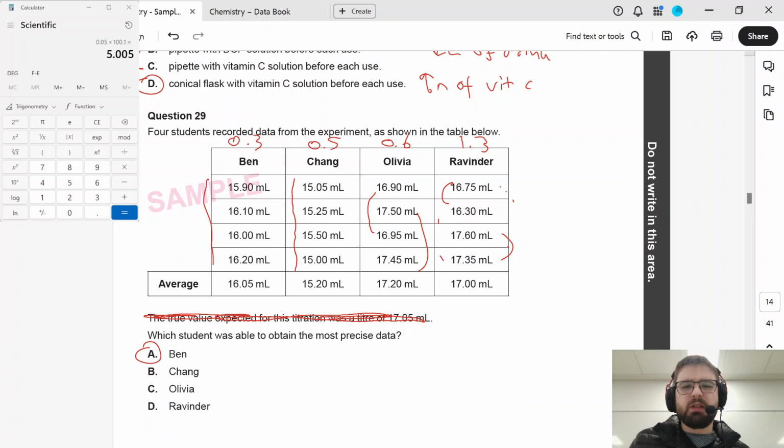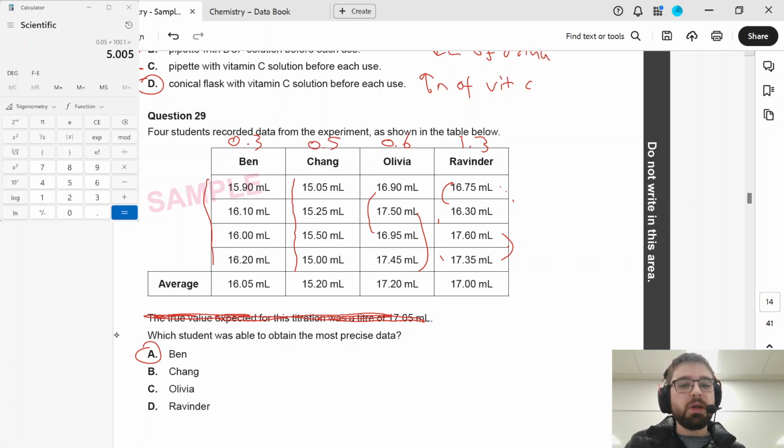Yeah, none of these are great titrations. Again, if you wanted concordant ones, you'd go within 0.1 mLs of each other. So if I was actually doing this properly, I would throw all of this data out and tell them to do it again. Now, one trick that we could do, I guess, is we could look at the 17.05, and